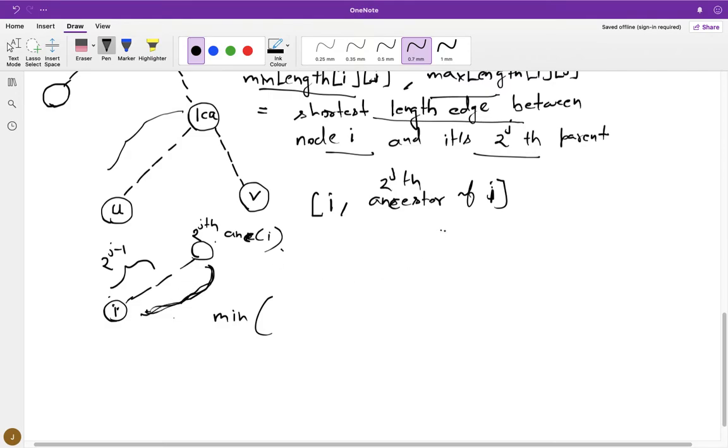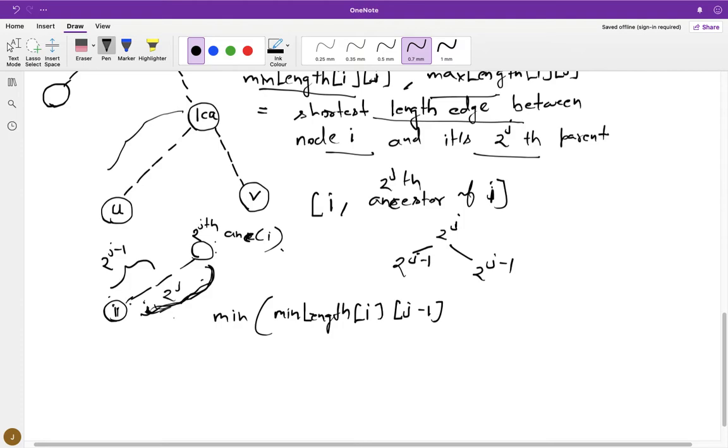We know that 2 power j can be divided into two ranges, that is 2 power j minus 1 and 2 power j minus 1.